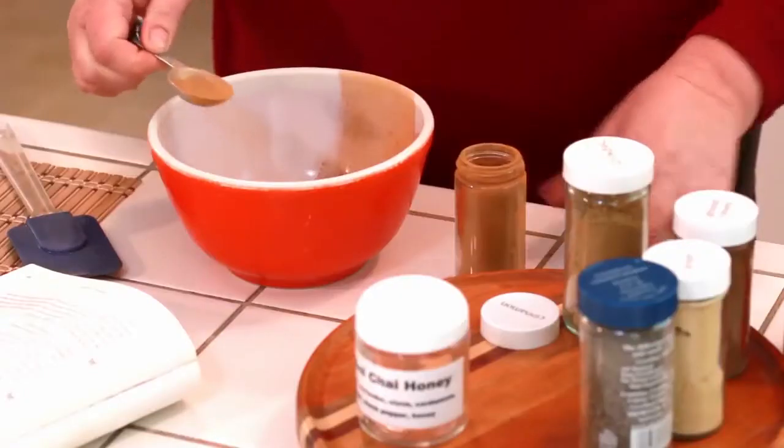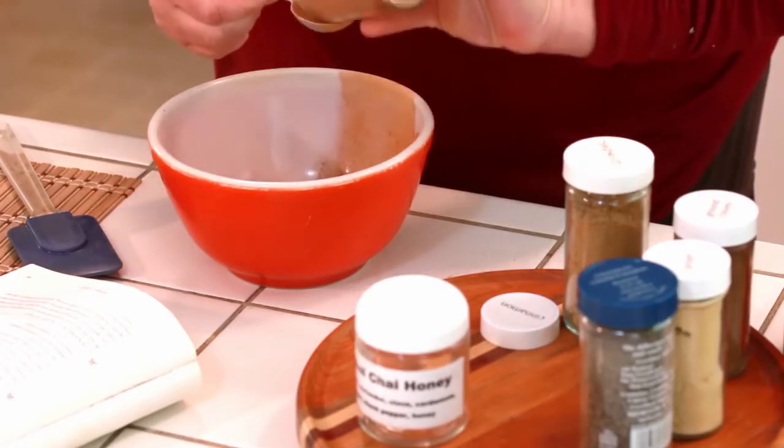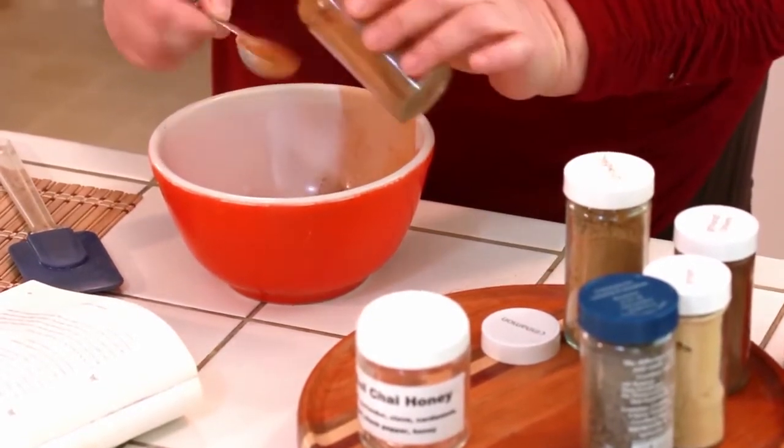I am going to whip up for you today a really amazing drink that is really easy to transport and super quick. You don't have to boil it forever like a lot of different chais, and I think you're going to really like it. Okay, so this recipe calls for 3 tablespoons of cinnamon,